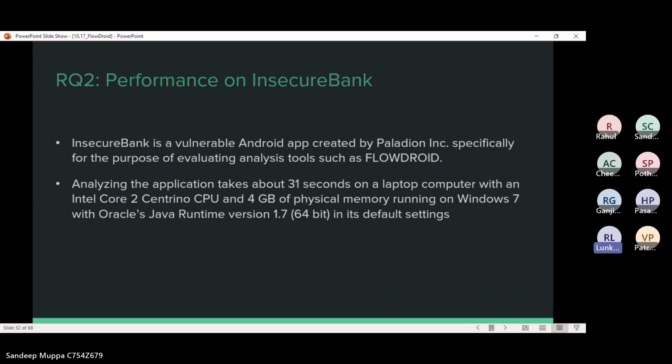And this InsecureBank also used Intel Core 2 Centrino CPUs and 4 GB of physical memory, which was actually running on Windows 7 with Java version 1.7. These are the minute details of the apps that were used for this application.